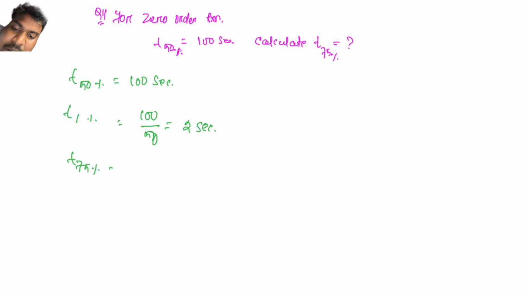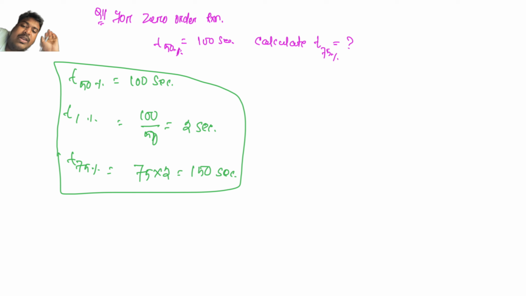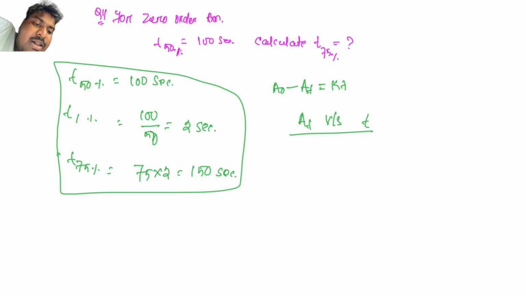For t75%, 75 into 2, 150 seconds. So this is done by the unitary method, and previously we did it by the formula. Now we can draw a simple graph for this one. That graph is generally asked for the zero order. What is the expression for this one? A naught minus At equal to kt. Now if they ask to draw a graph of At versus t,